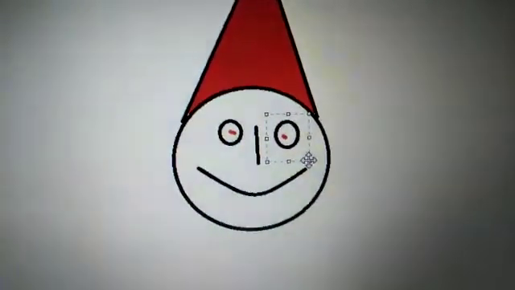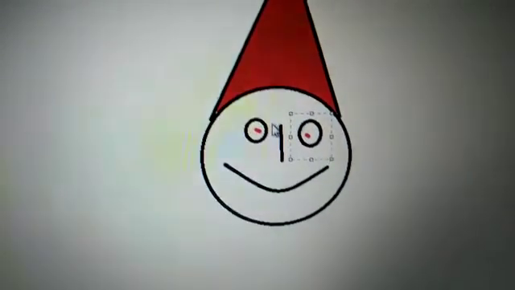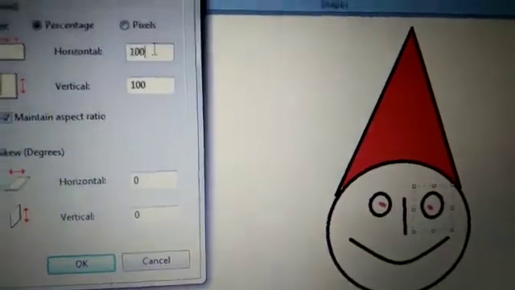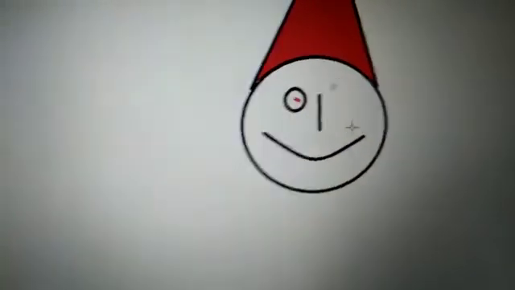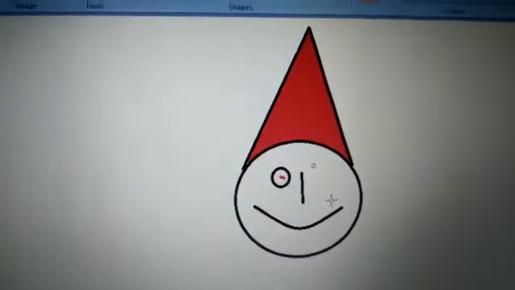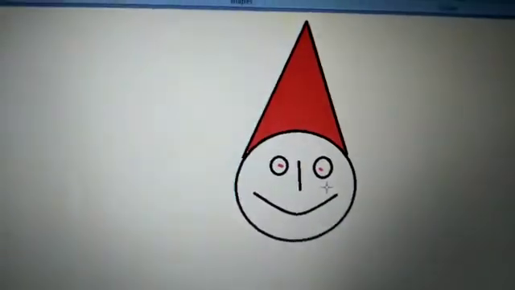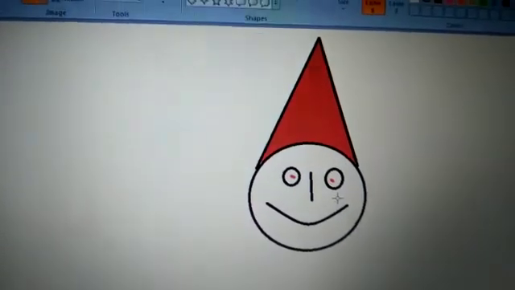First we will select the eye, and then again we click on the Resize option. Again we will enter the percentage here and then click on the OK button. See, its eye size is reduced. So in this way we can increase or decrease the size of the drawing.